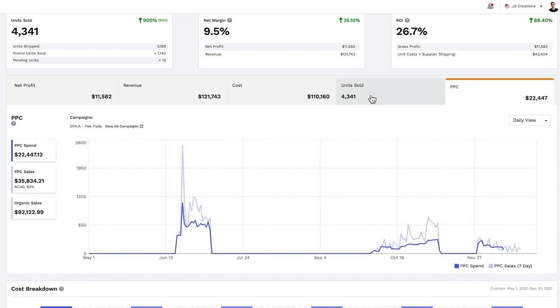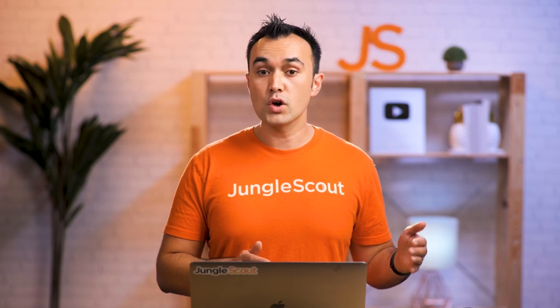Here you'll see the total spend for the time period selected, as well as the total sales as a result of your spend. Based off of these two numbers, you see your ACoS, or advertising cost of sale. Then below that, you have your organic sales during this time period. This just makes it easy to see what percentage of your sales are coming organically versus those that are coming